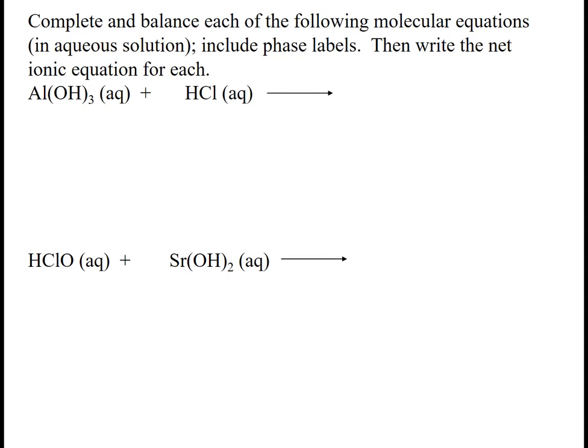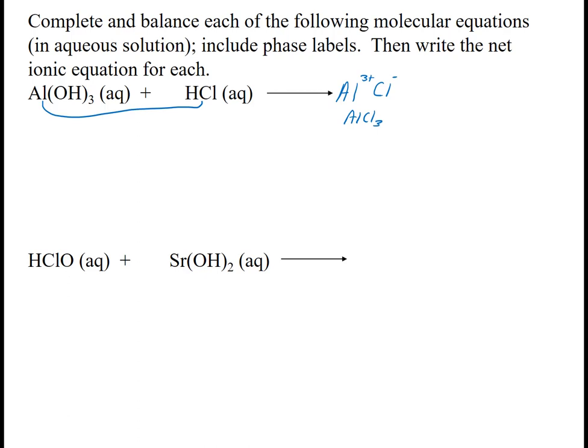So this is a double replacement. So I'm going to write aluminum and chloride. Aluminum's on the left over here, so it's going to stay to the left. Chloride's on the right over here, so it's going to stay to the right. And I'm going to do this in stages because we're going back to like we did in nomenclature. So this is Al3+. That's from the fact it's in group 3 on the periodic table. And chloride, which is in group 7A, so it's a minus, goes to form